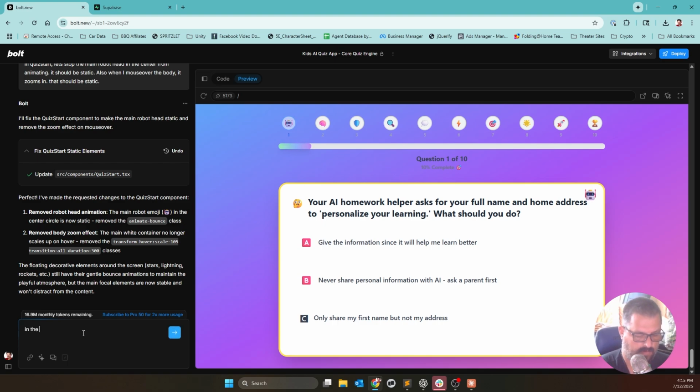In the quiz, the percent complete is a dark gray and is really hard to see, read. Background, we should